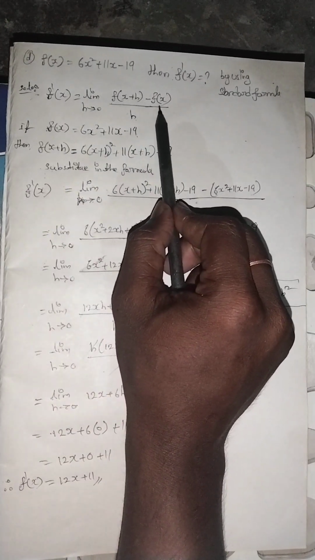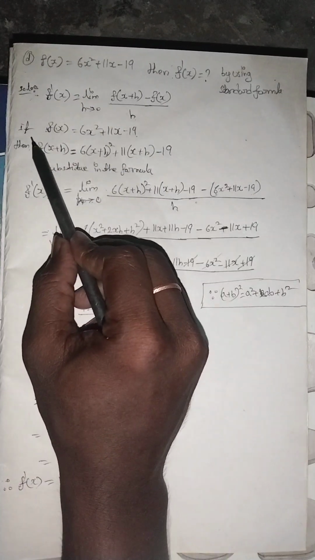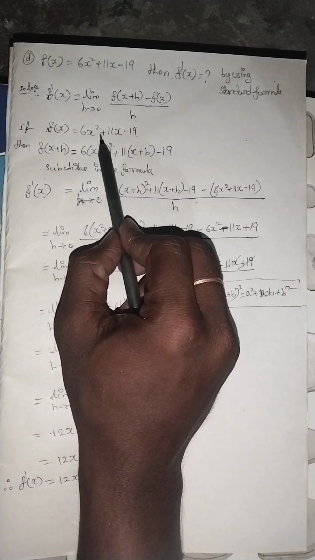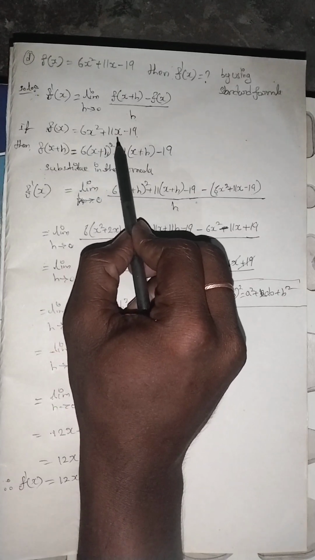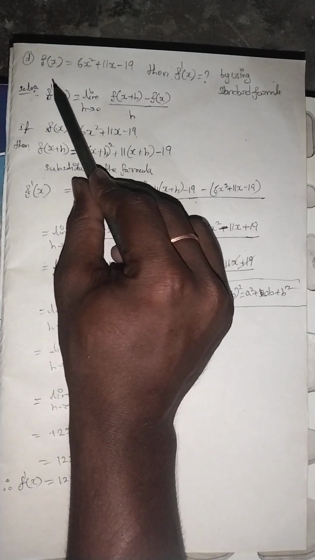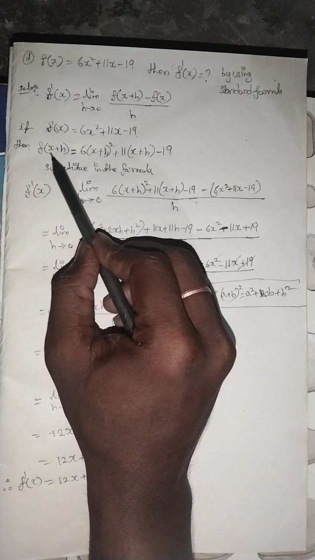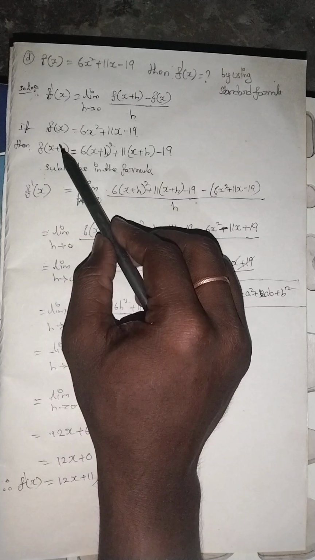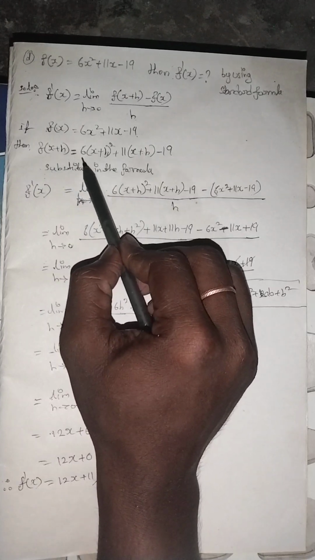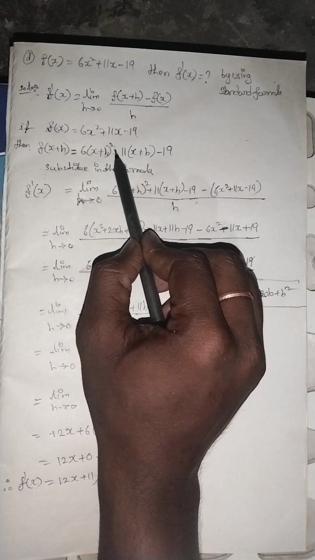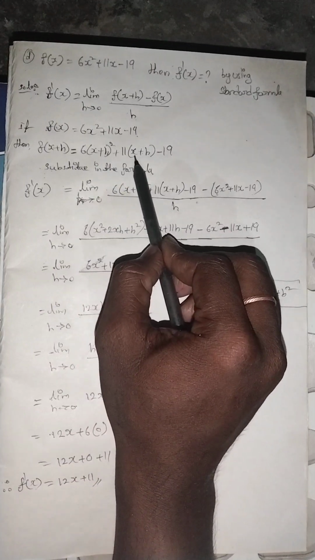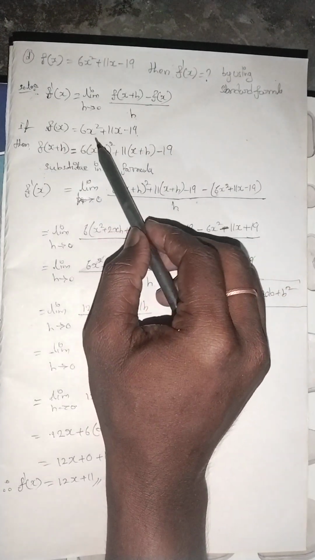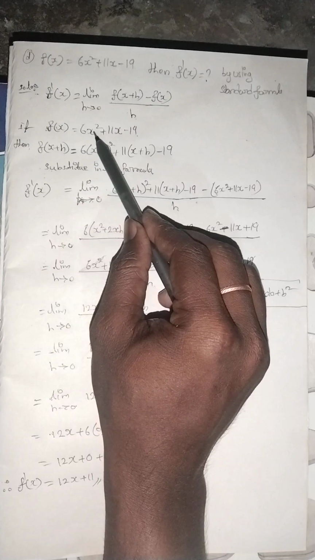x plus h minus f of x by h, if f of x equal to 6x square plus 11x minus 19. The question, then f of x plus h equal to 6 into (x plus h) square plus 11 into (x plus h) minus 19. We are just replacing x by x plus h,